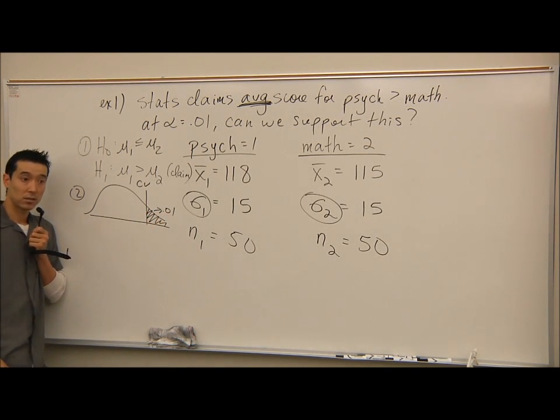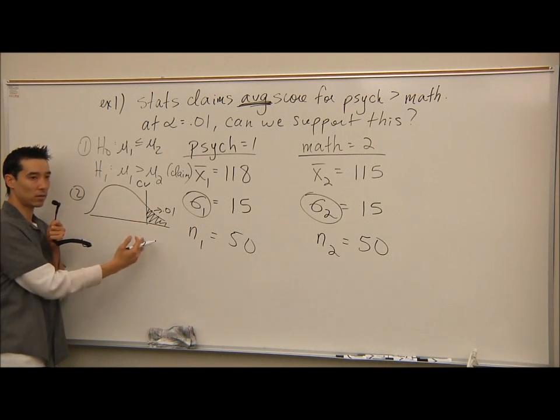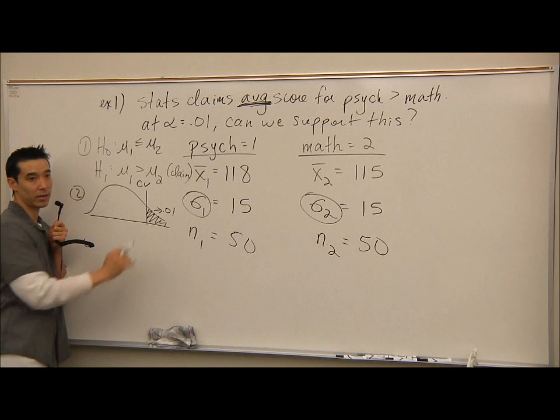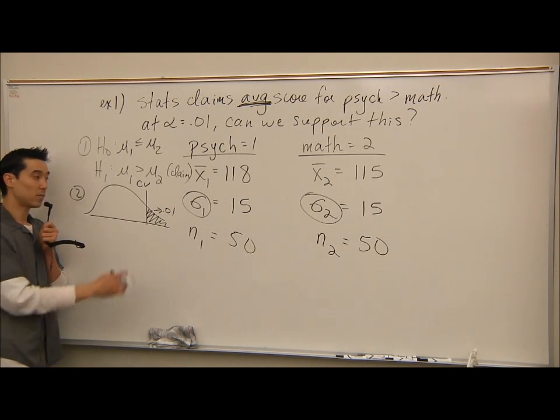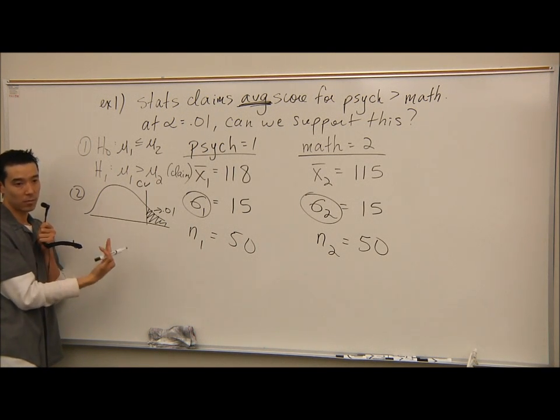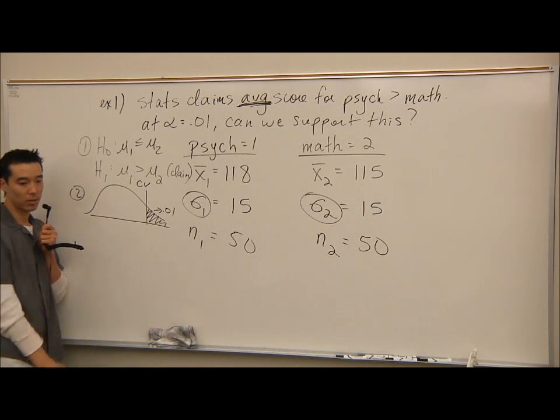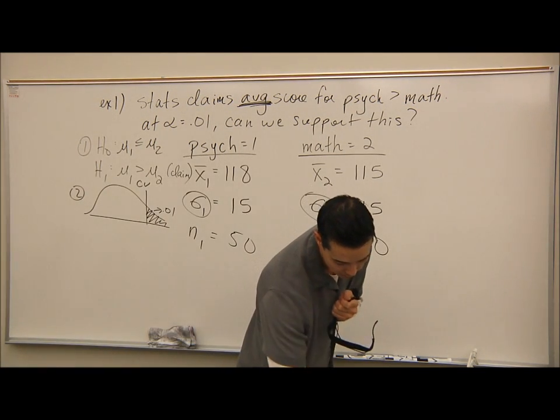Okay? So hopefully this is good news because we're going back to the z distribution, which we spent the most time dealing with. So now you need to tell me the critical value on the right side. So what z value gives you 0.01 area to the right of that z value? There's 2 ways to look that up. You could look at 0.99, or you could go on the left side and look at 0.01 on the negative side and just swap it over to the positive side. So the closest thing you can find,